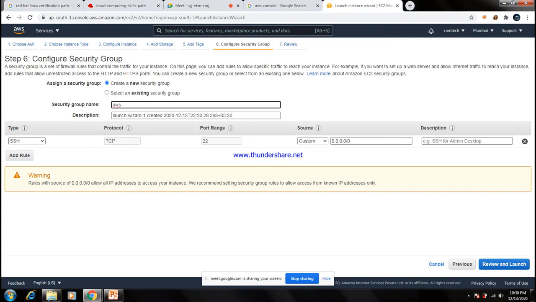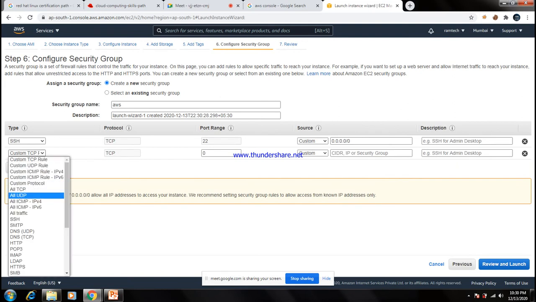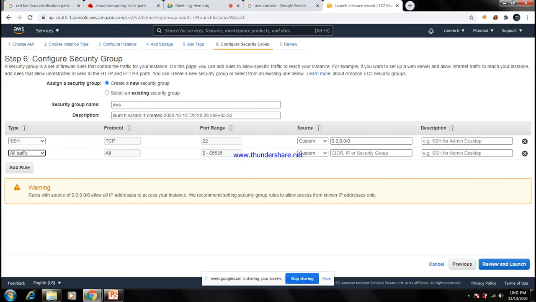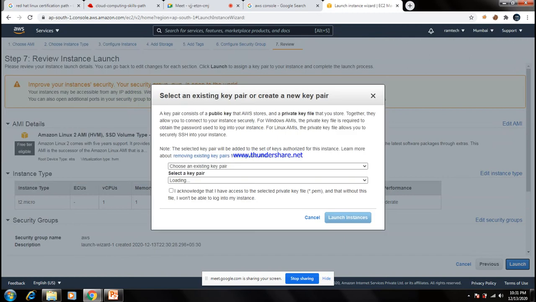See, this is the default one, SSH, and I can add another rule, all traffic, from anywhere. So I give two rules: one is the SSH rule, another is the all traffic rule. Then give launch.